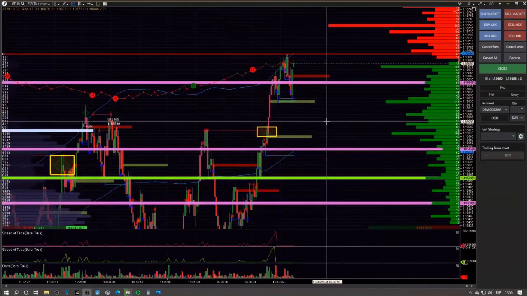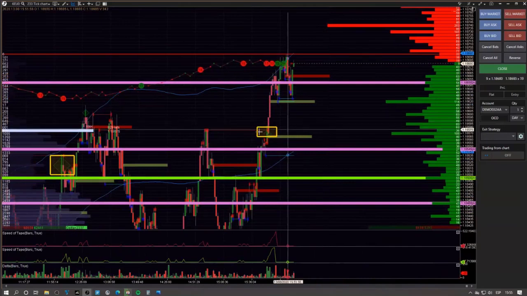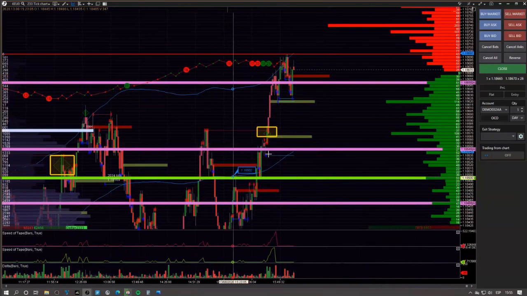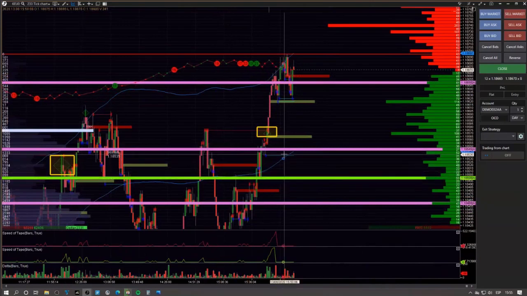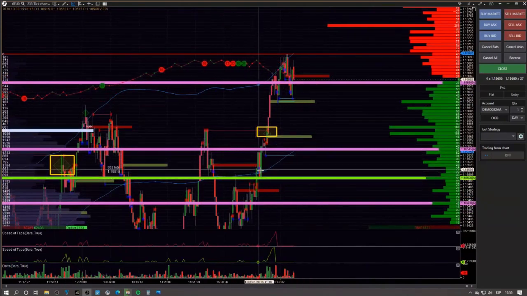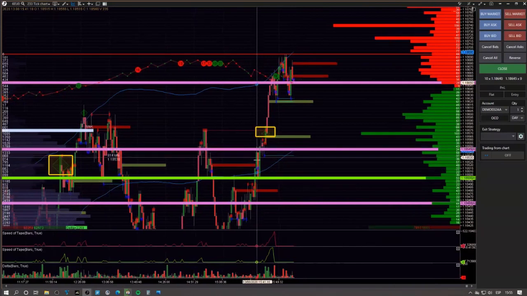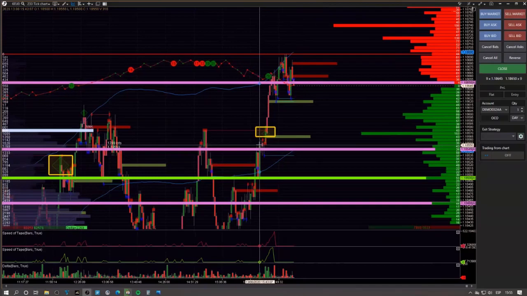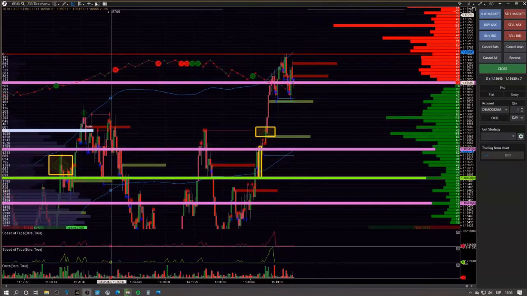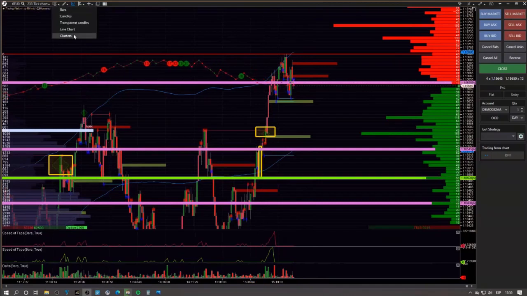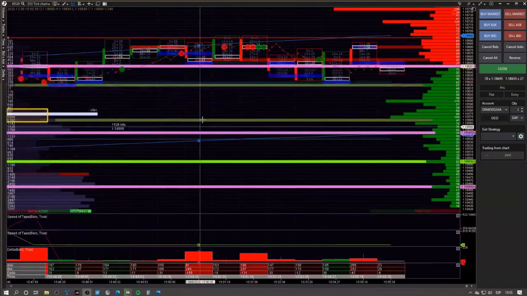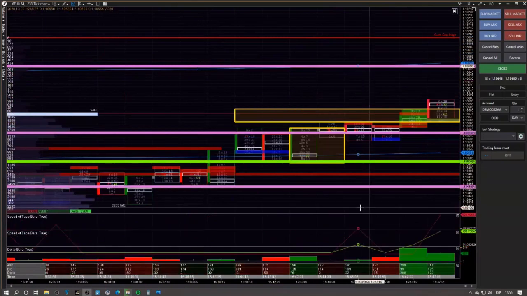Okay, but where are we going to find the entry? We're going to be around this volume area here. I will select probably this green candle, so we can see here. Let me put it on the horizontal line so we can see it better. Okay, so we can find it on the clusters. So this candle, this is the one